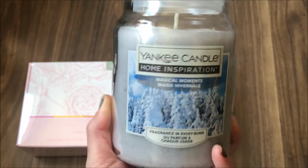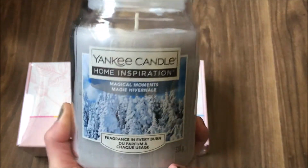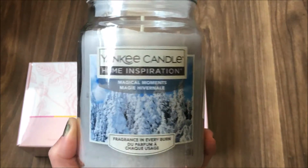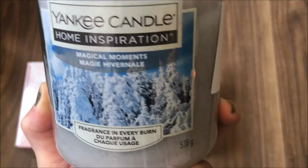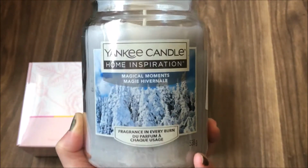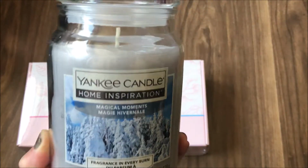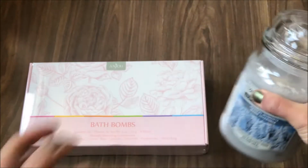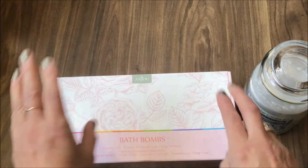The ones in Amazon, they are doing them at like 20 and some of them are over £20 for the same size. This one, I think I got for $9.99, and that is a good price for a quality Yankee candle that takes hours and hours of burning. So lovely. So I'm looking forward to that, but I just want to have a look at my bath bombs